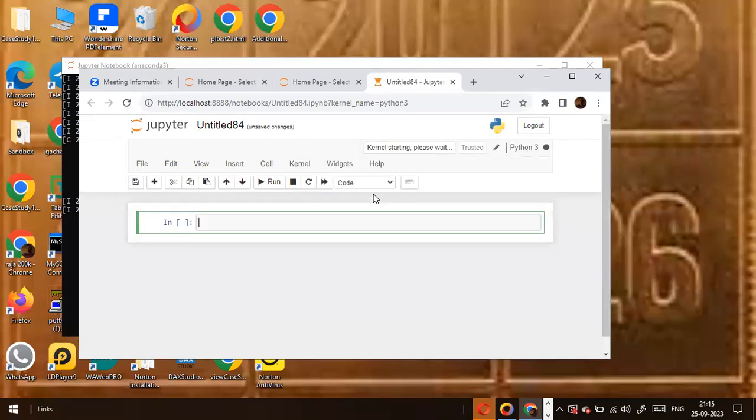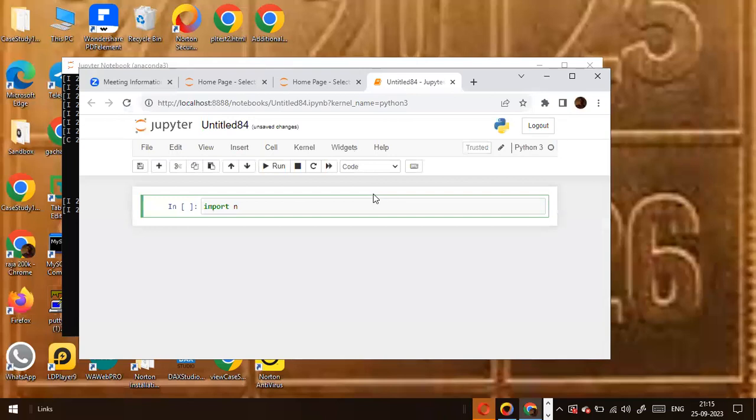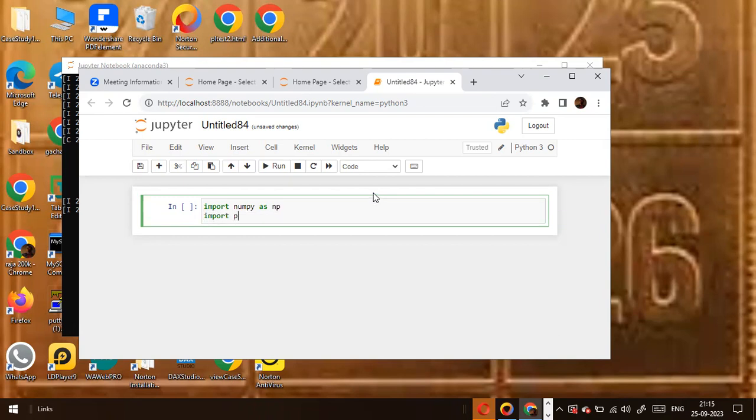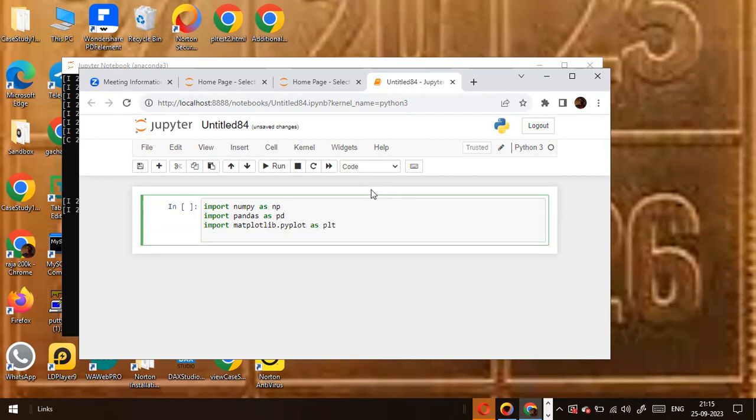Okay, now what I do is import NumPy as np, and import pandas. Importantly, I'm going to use the pandas package, using which you can ingest the data into a data frame. Now I import the data visualization packages: matplotlib.pyplot as plt, and the next one is import